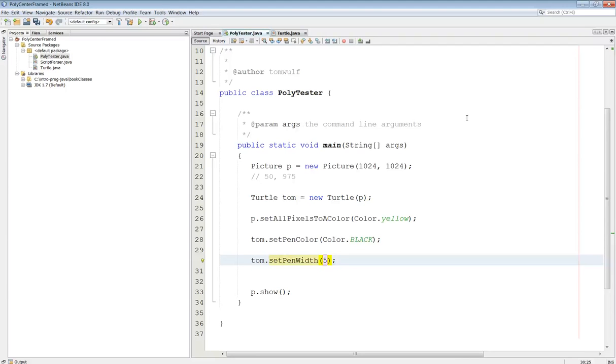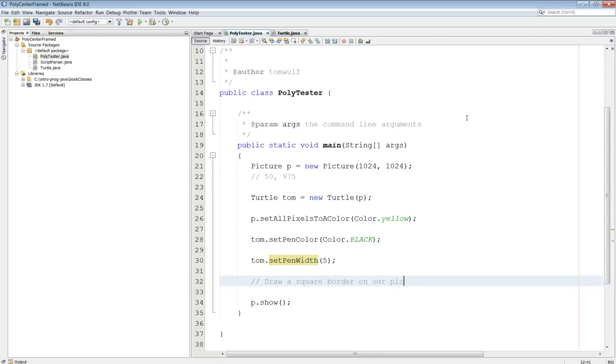We'll make it really large. Okay? And then basically, I want to, let's see, the pen is down. So let's pick the pen up. And here I'll make a comment here. So draw a square border